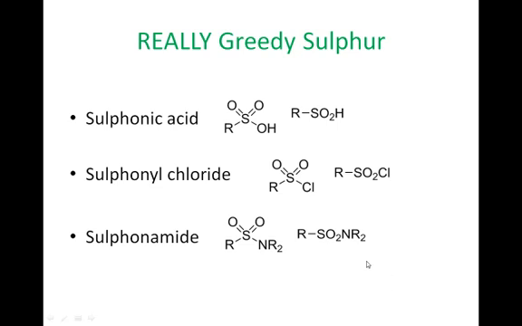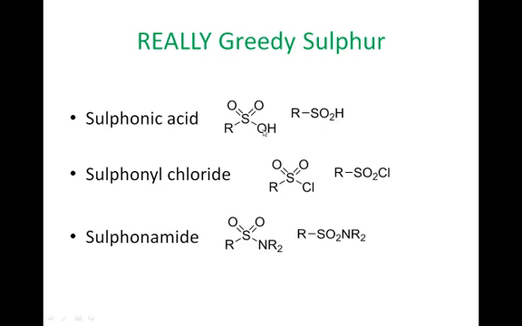So sulphur can have 6 bonds, so it can be really greedy. There's a different oxidation state of sulphur when that's the case. The simplest one that you can find is the sulfonic acid, and it looks like this. Your sulphur has 2 double bonds to oxygen, so it's like 2 carbonyls almost, except with the sulphur and with the acid, and that's what it looks like. Oh, I've missed out an oxygen there. That'd be SO3H. Made a mistake there again, voila, well done. So that's SO3H,